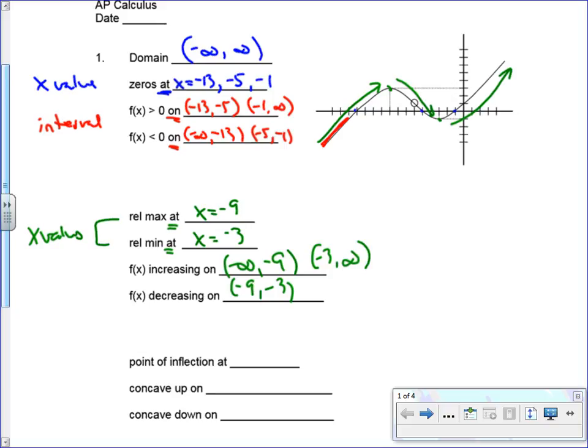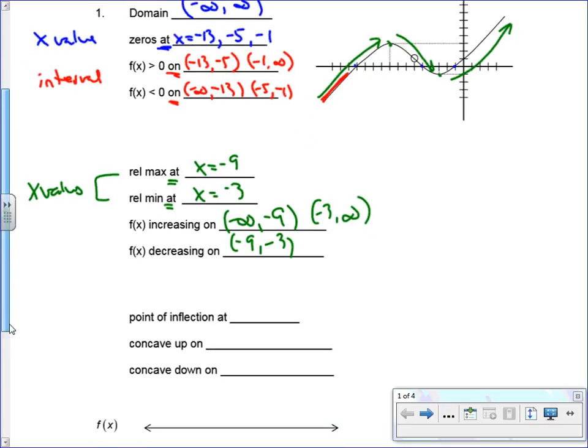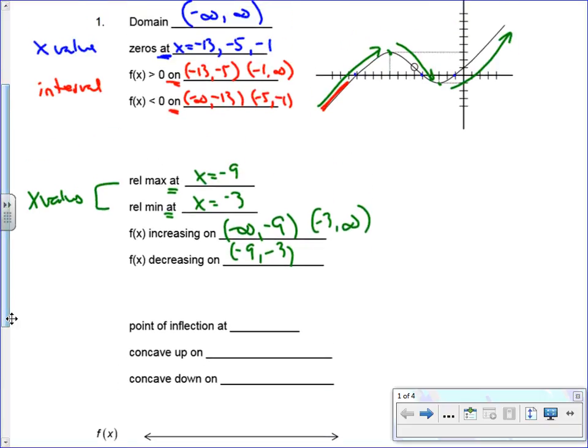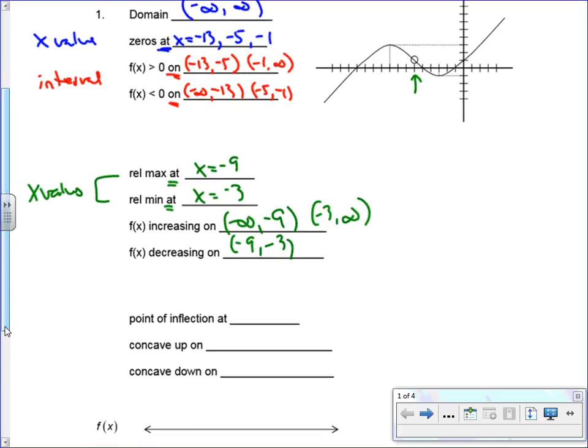All right, the last thing is to talk about points of inflection and concavity. And to that end, I'm giving you, again, just sort of a visual estimate. We know the point of inflection is somewhere in there. I'll put that big circle. So it looks like I'm telling you to use this number right here. Does that make sense to everybody? Okay, just because we're getting an estimate from the graph. So the point of inflection appears to be at